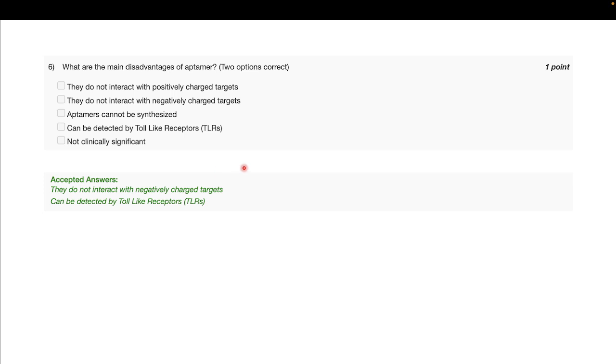So aptamers, as I said, are DNA sequences. So they are negatively charged. So if you have a target which is already negatively charged, your aptamers are not going to be of much help there because they'll repel the negative charge. So aptamers are very good to target something that is positively charged. So one disadvantage is they do not interact with negatively charged targets, and also these can be detected by toll-like